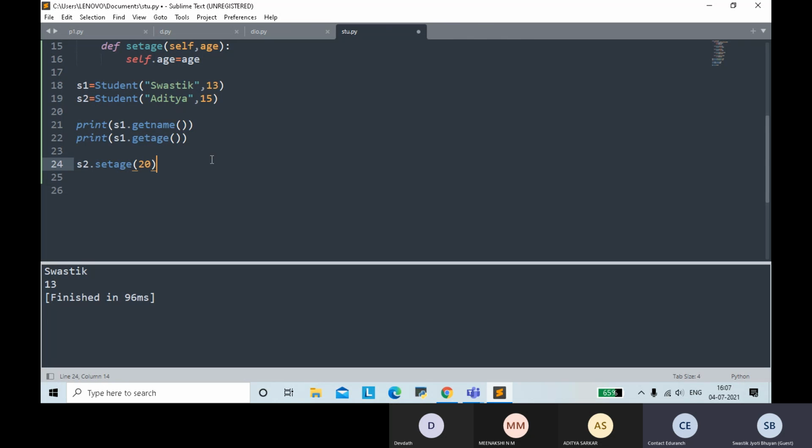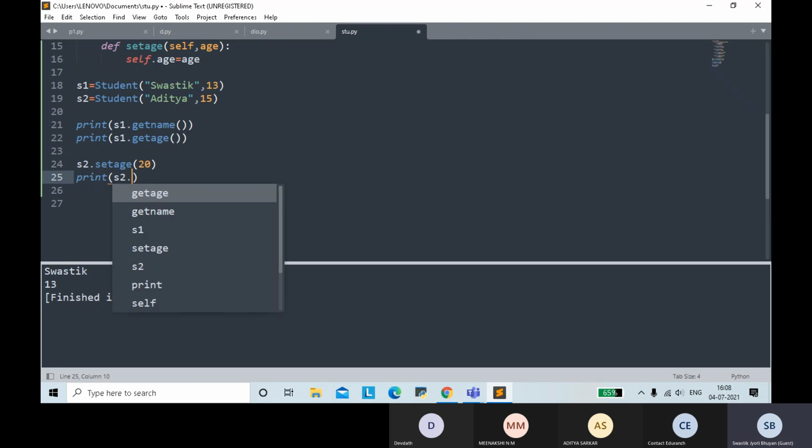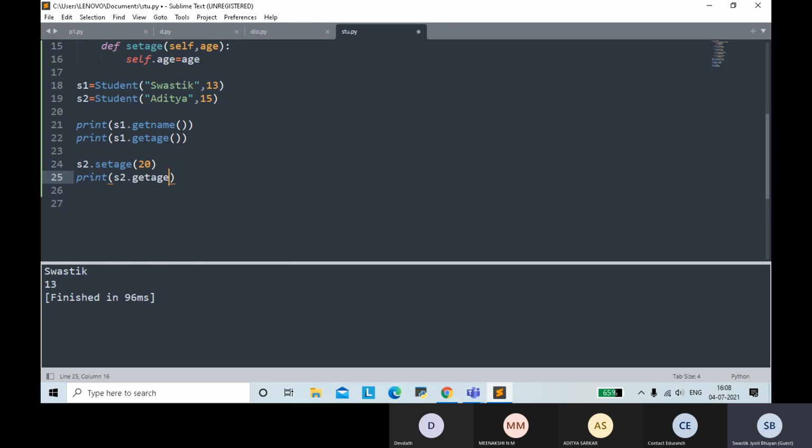Now print s2's age. See what it prints. Yes, print. Did it change the age now? Yes, sir. Excellent. Devdutt, show me your screen.